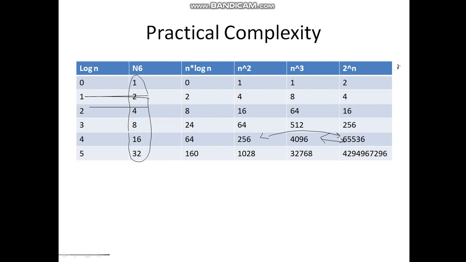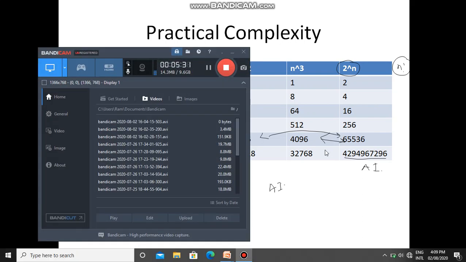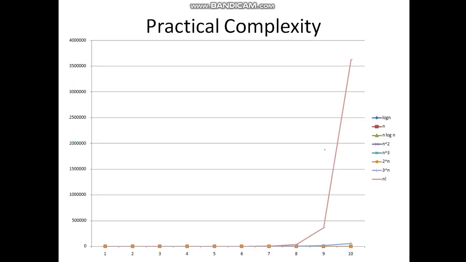I have not considered the n factorial because we should avoid implementing algorithms whose complexities are n factorial. Always avoid. For that purpose we should go for some AI based algorithms. Even many times 2 raised to n complexity algorithms also become very much slower. So here also we should go for some AI based technique, and that is not part of the content that we are discussing currently. So moving ahead with practical complexity.